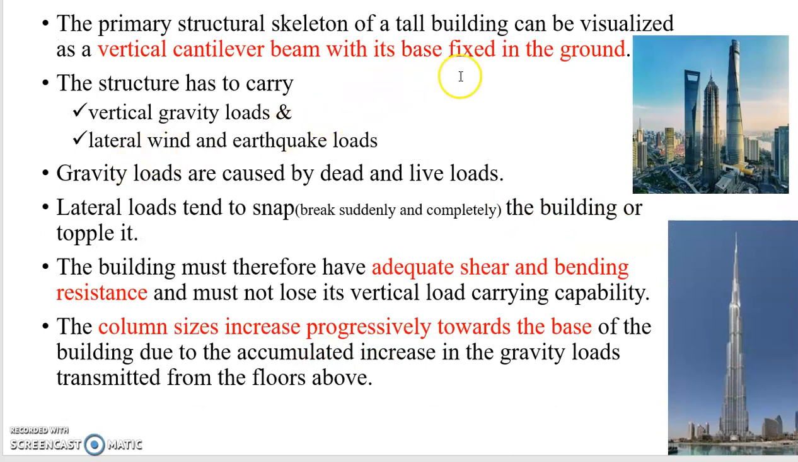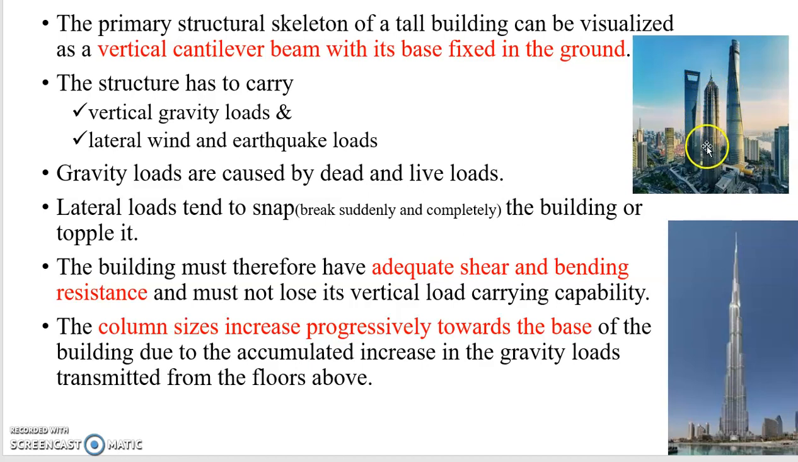The primary structure skeleton of a tall building can be visualized as a vertical cantilever beam with its base fixed in the ground. As you can see from these pictures, these all resemble a cantilever beam which has its strong base at the ground. So these buildings have to carry vertical gravity loads, as well as gravity loads, meaning the